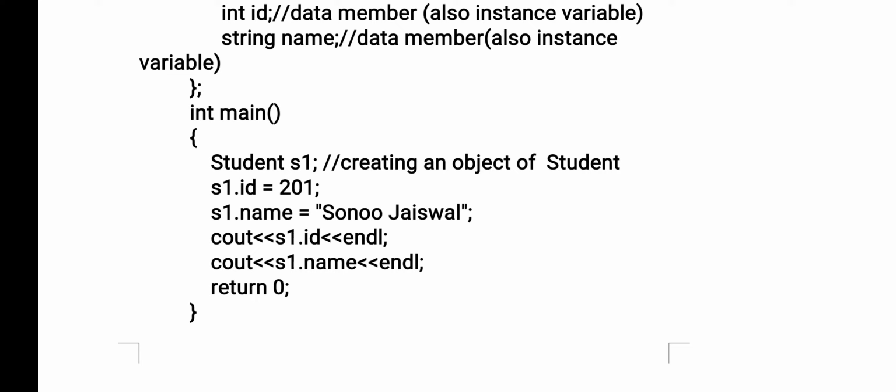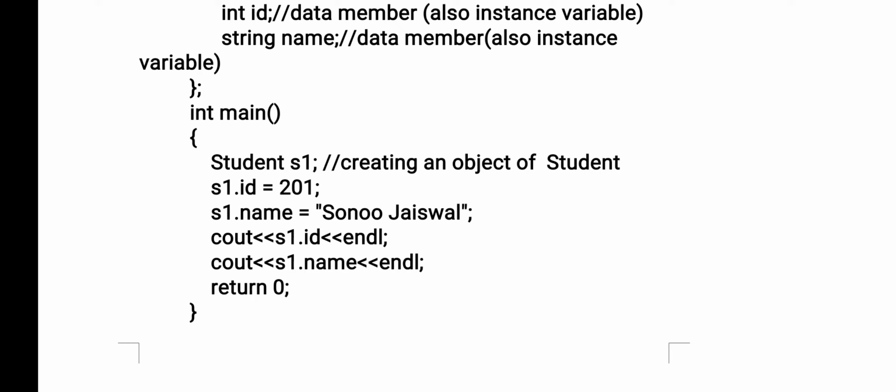Actually, where are this id and name? These two data members are in the student class. So once you have created an object for the student, you can access whatever methods and data members are there in the student class. Here I just did that only. I have created one object S1 for the student, and I have accessed members of that class using that object. That is the purpose of an object. Once you have created an object, you can access all the data members and all the member functions of that class. That is the use of the object.